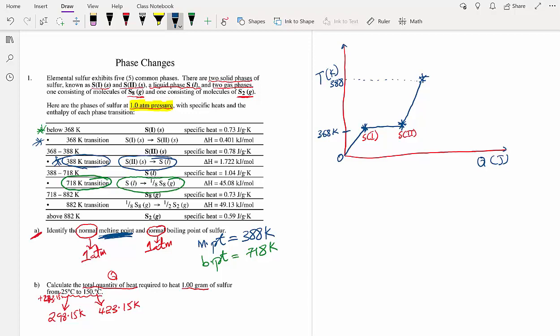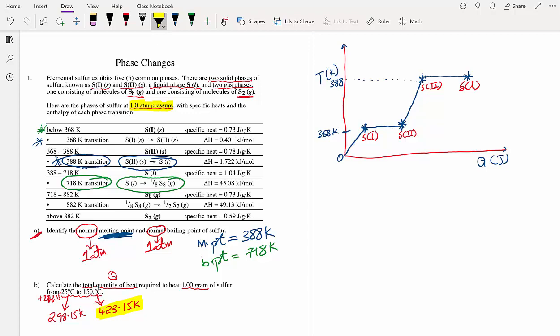And sulfur will transition from the S2 form into the liquid form at 388 Kelvin. So if you continue to supply energy, you will only get sulfur to transition from the S2 form into the liquid form. Now, do not forget, we only want to go as high as